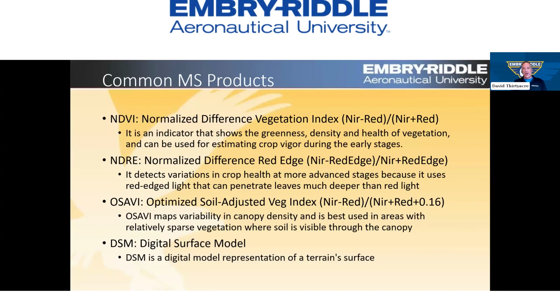And the reason why it's called an index is because it's normalized. You do that by subtracting the one on the top and adding on the bottom, and that gives you a ratio from basically -1 to 1. Different indices are going to do different things, and again, it's all about visualization. Just because one says it's supposed to work for this doesn't mean that's the one you need to use. You need to take a look at several different ones.